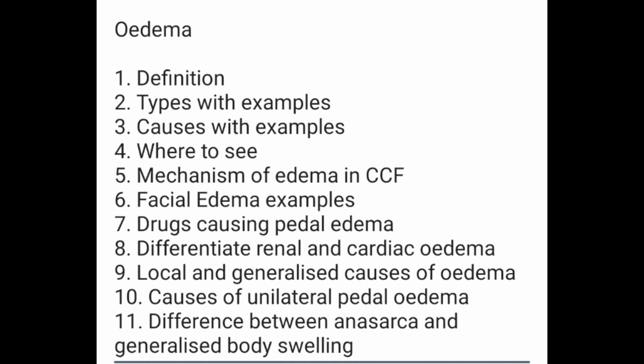What are the causes with examples? Now you can divide the causes into two groups. One is localized causes and one is generalized or systemic causes. Localized causes of edema can be cellulitis, traumatic hematoma, localized infection, or deep vein thrombosis. But systemic causes, you can divide into cardiac causes like, as I said, congestive cardiac failure,